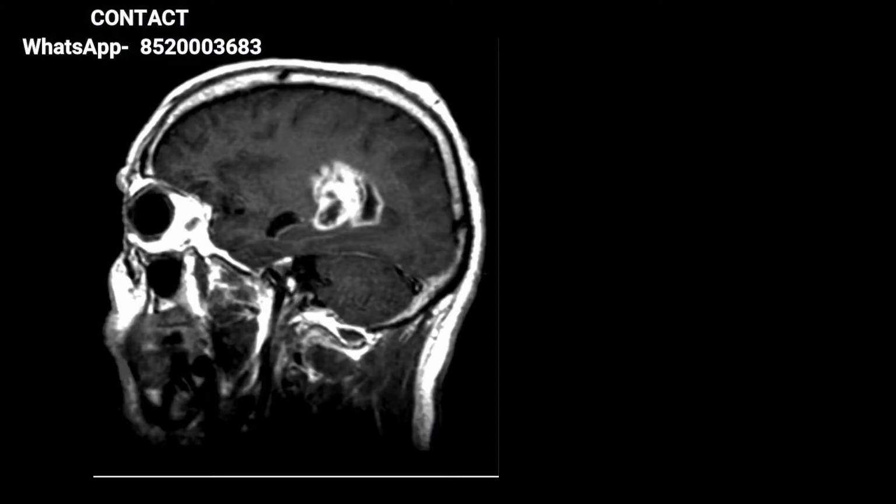once the doctor suspects brain tumor, the next step is confirming whether the patient actually has a brain tumor or not. For confirming it, the most common investigation of choice is MRI of brain with and without contrast. This is one MRI picture of my patient which shows MRI of brain with contrast. This white structure which is seen in the MRI of brain is the brain tumor.